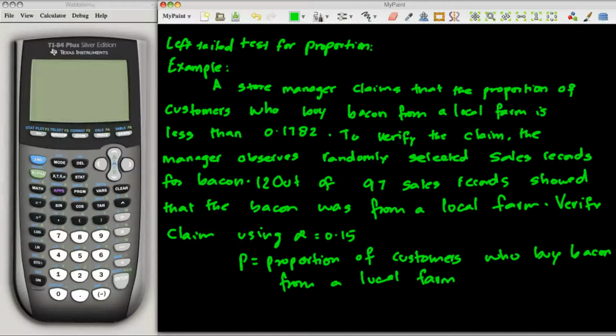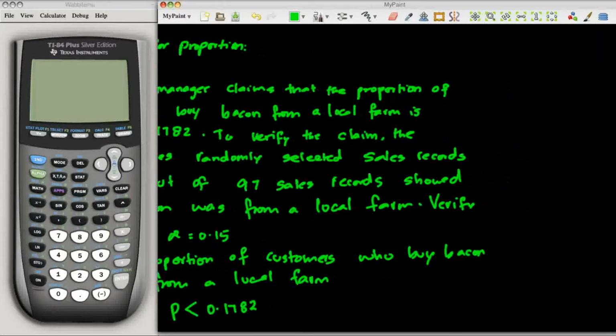Just by reading the question, you can understand that the parameter that we're trying to test is the proportion of customers who buy bacon from a local farm. The claim made about that parameter is P less than 0.1782. Since that isn't an equal to in the statement,